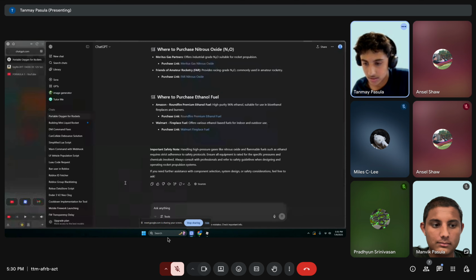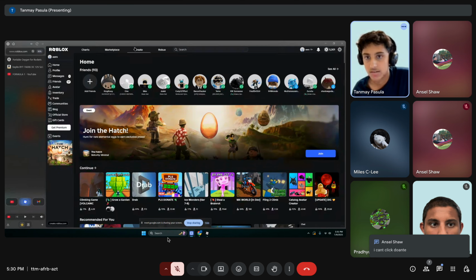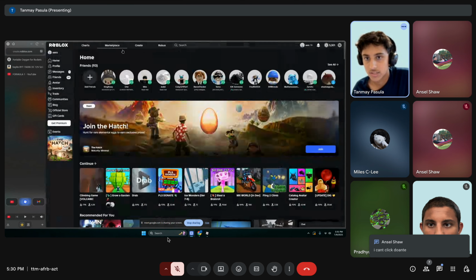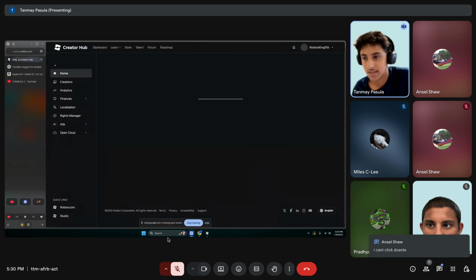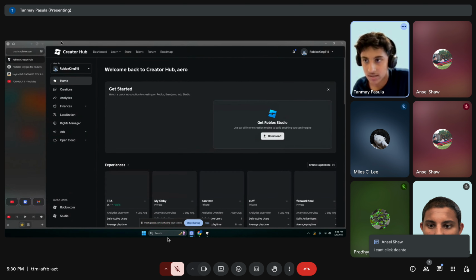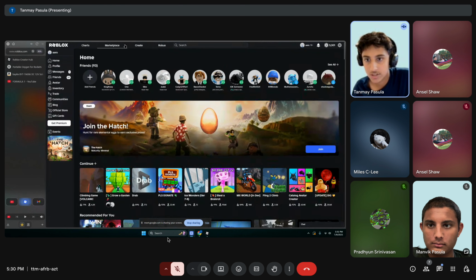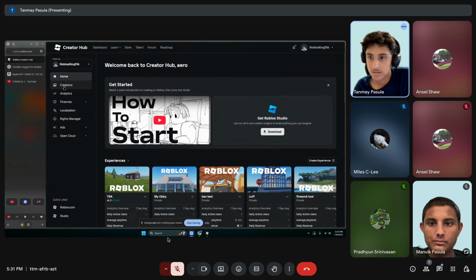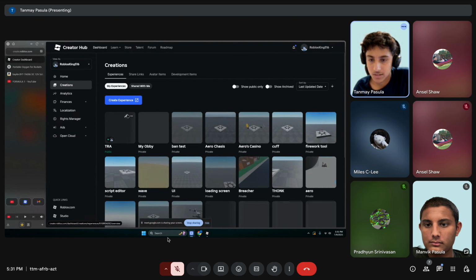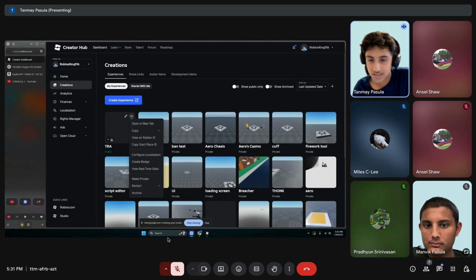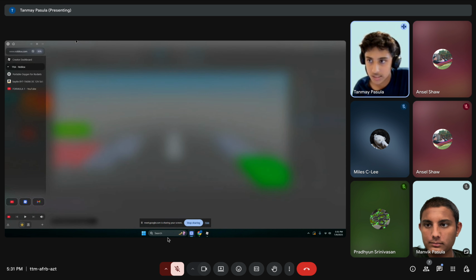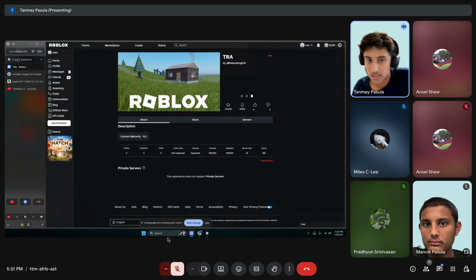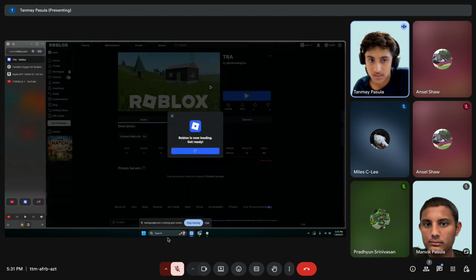If any of you guys are done, this doesn't really matter, just watch my screen for a second. I can show you how to get to the game's link. You've got to go to Roblox, Create. It's going to open up this. Go to Creations, it'll be like the first thing. Press these 3 arrows to view it on Roblox, and you can join it. So if I go ahead and join it,